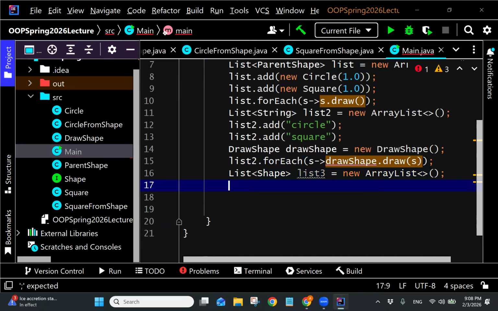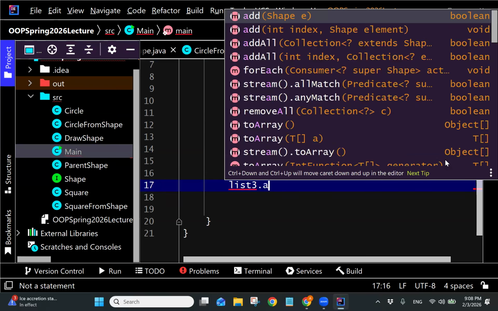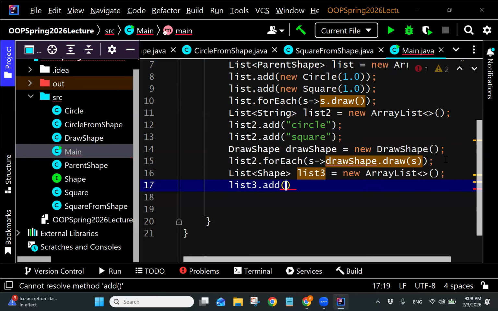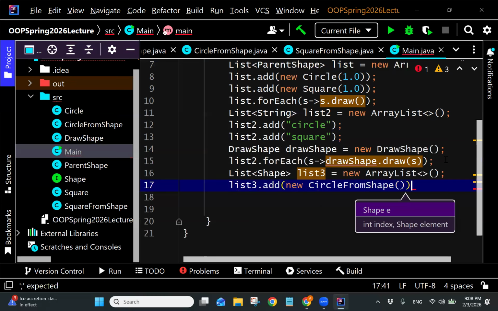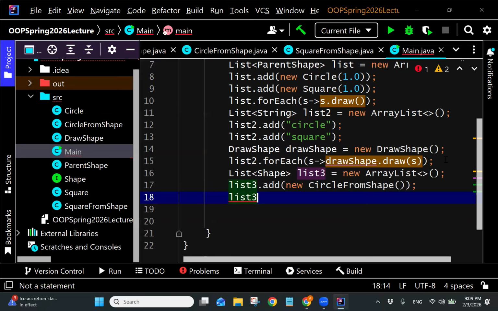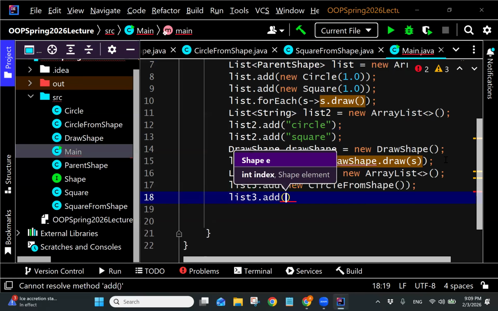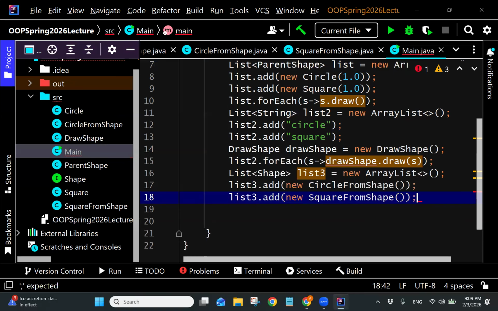And over here we could do list three dot add, and then we could add a new circle from shape, and we could add a new square from shape, right? So see, we could treat them the same, not because they inherit, but because they implement the